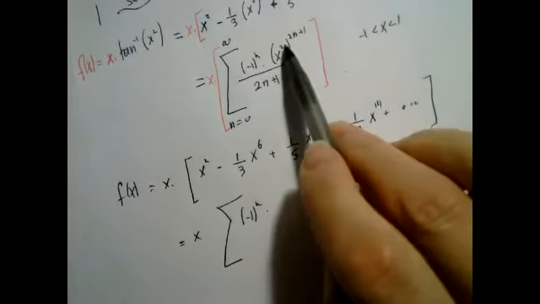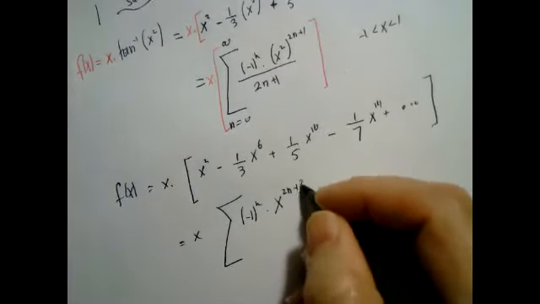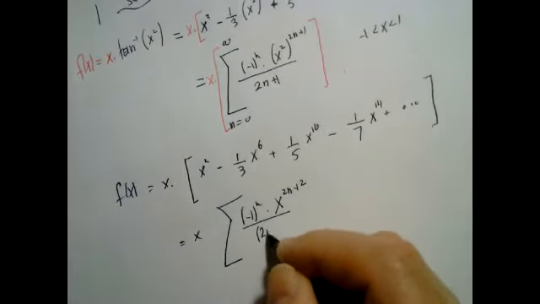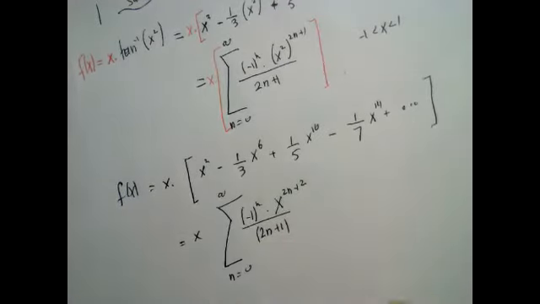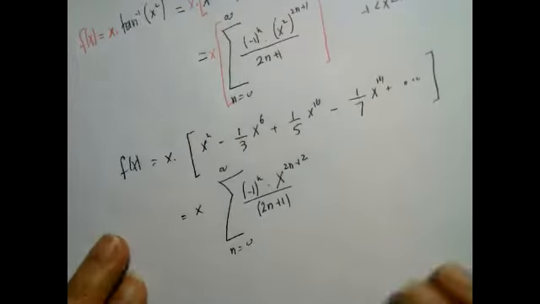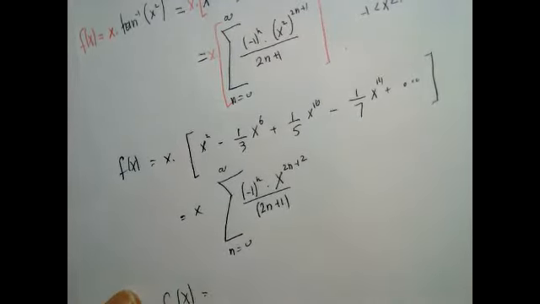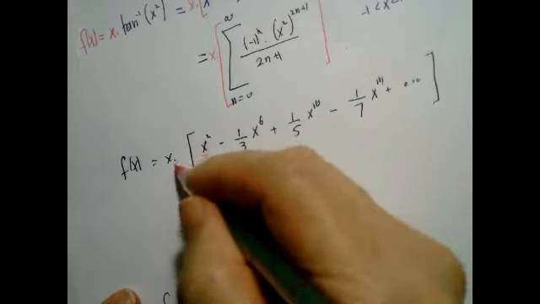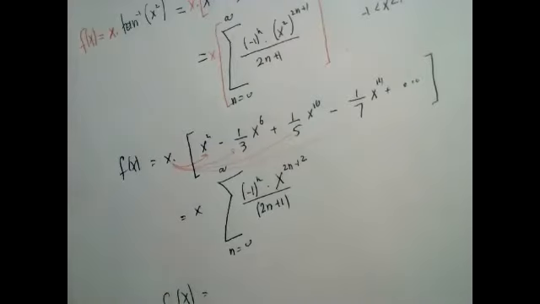As we decided yesterday, we multiply the power. So this will be x to the 4n plus 2 over 2n plus 1, n equals 0 to infinity. Okay, the last step is the following. We just distribute the x. It means you multiply term by term. So I will have f of x equals